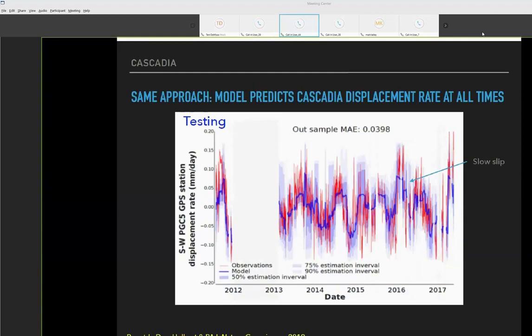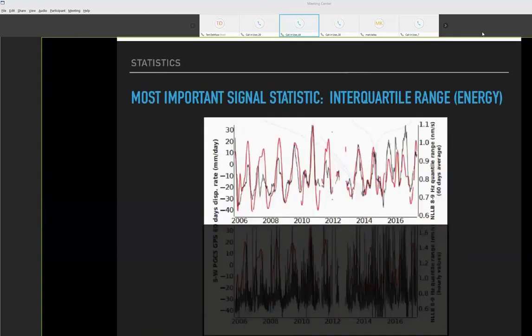So just to recap, when we apply the same method that we developed in the laboratory to slow slip on Earth, we find that it works, which was a big surprise because I think everybody on the line can appreciate the complexity difference between a simple laboratory fault and a subduction zone in Earth. We're looking at a single frictional contact in the laboratory; in Earth, the number of frictional contacts is very large. We don't know how large, but very large. And we wouldn't necessarily expect them to behave in the same way, but indeed they do. So next slide, please.